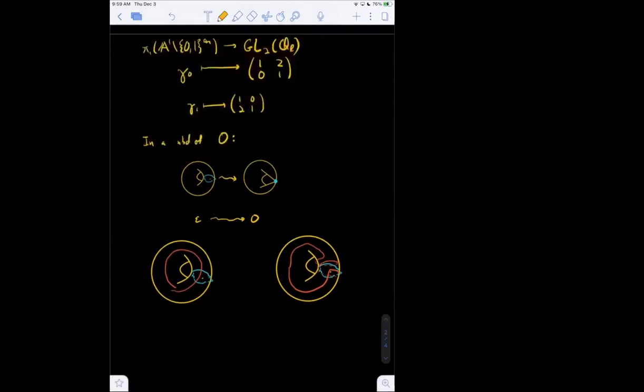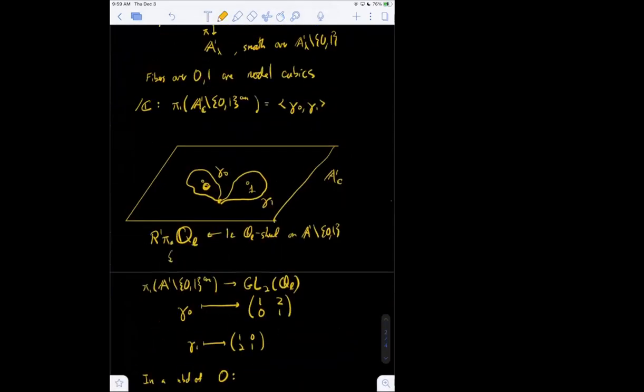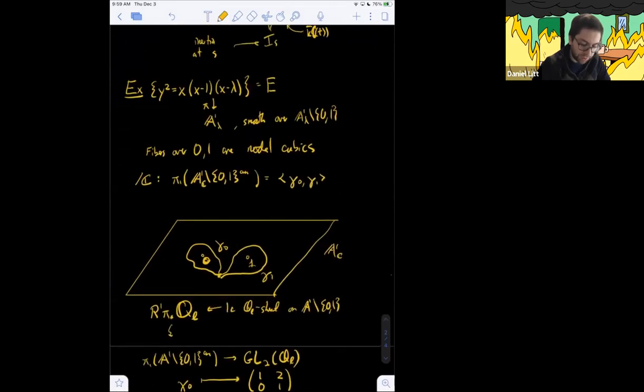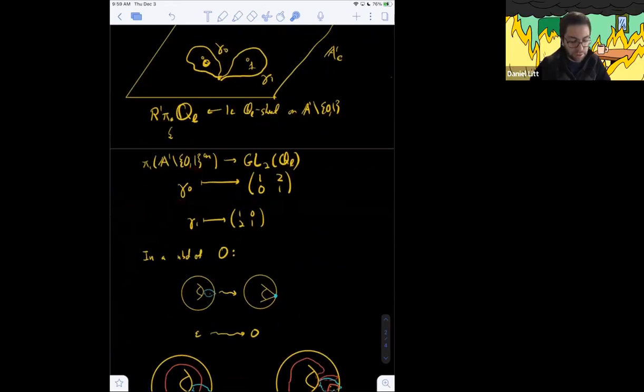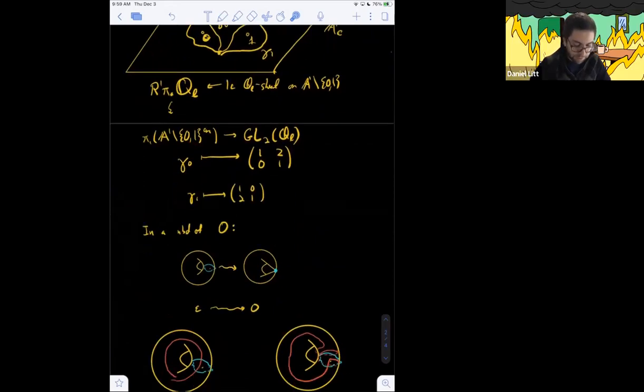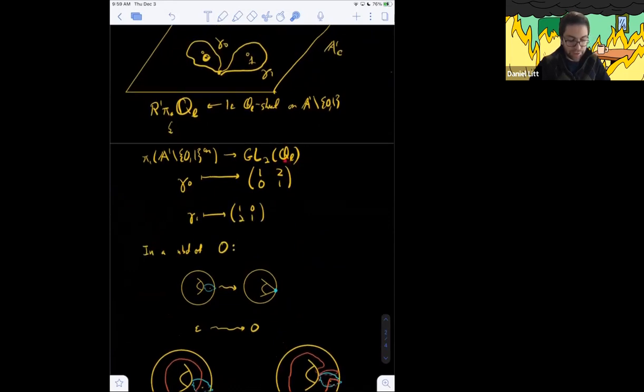So in this case, what are the inertia groups? The inertia groups are not well defined, they're only well defined up to conjugacy, but they're the group generated by gamma 0 and the group generated by gamma 1. So they're both copies of Z or Z hat, depending on whether you're in the complex or étale setting. And this is saying what those inertia groups are doing. They're taking a cycle which is not a vanishing cycle, so a cycle which is not going to 0, that's this red loop, and they're adding to it some multiple of the dual loop. That's the picture.